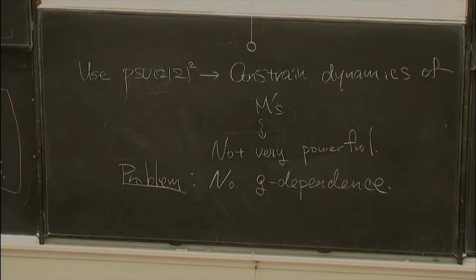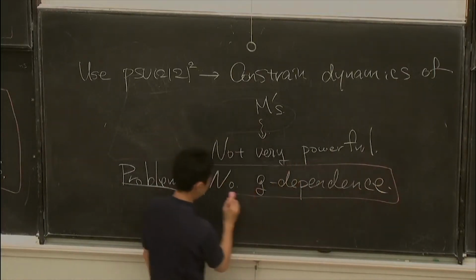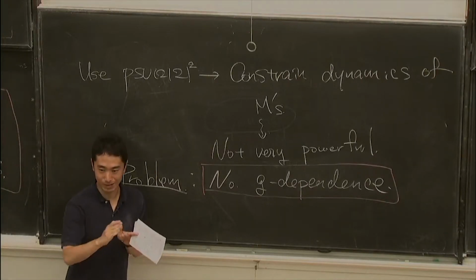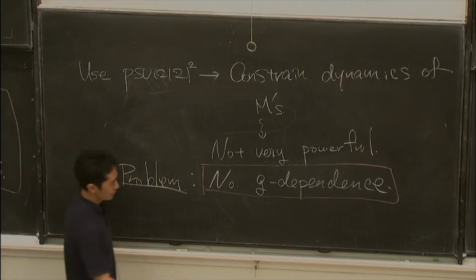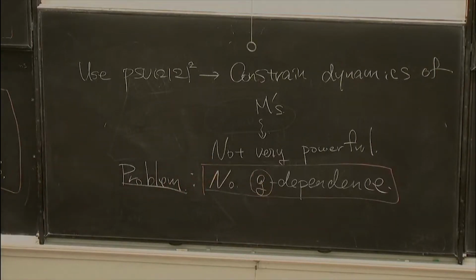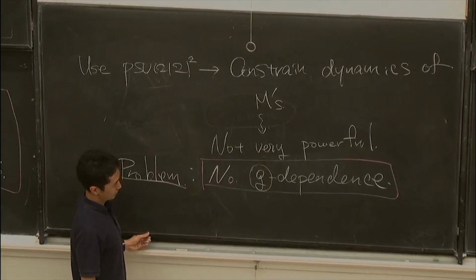For example, if you consider some supersymmetric CFT which has some exactly marginal directions, then typically just considering the symmetry is not enough, because you can never specify one theory, since there is a line of fixed points. In that case, typically you need some additional input which allows you to know about the coupling constant dependence. Also here that is the problem, because I just talked about the global symmetry, which doesn't know anything